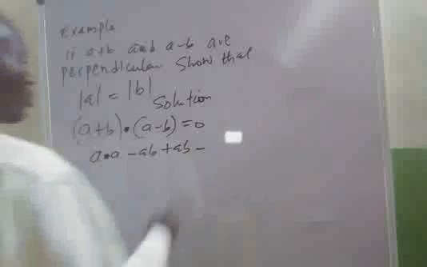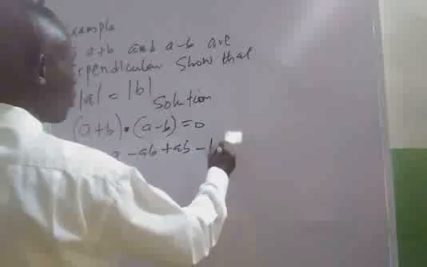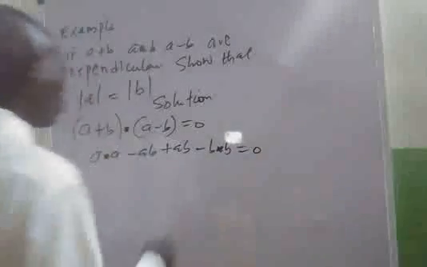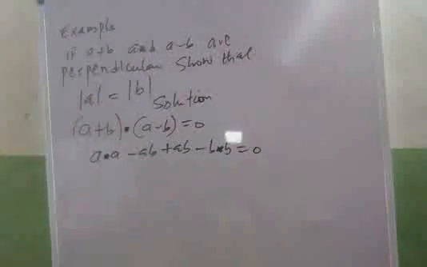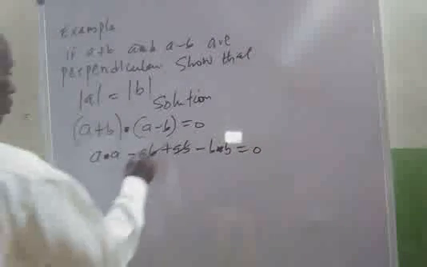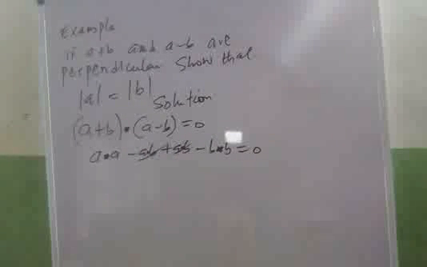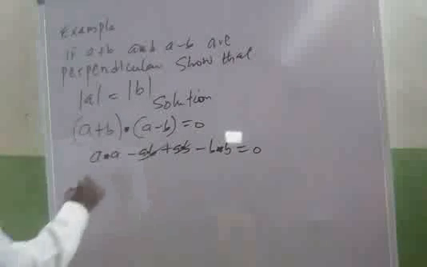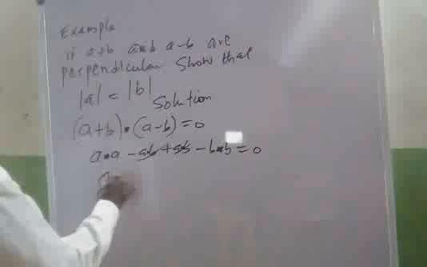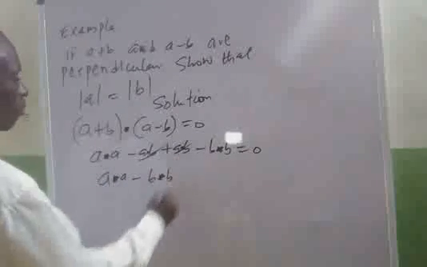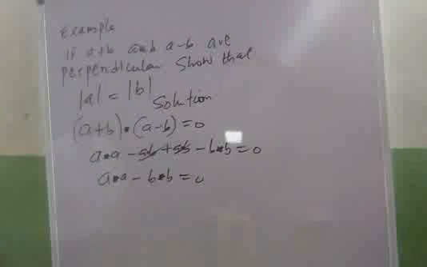Minus B dot B, and is equals to 0. So this is minus, this is plus, this can cancel this. And you can show the sign of dot vector here, there's no problem. So you cancel out, so you have A dot A minus B dot B is equals to 0, and this